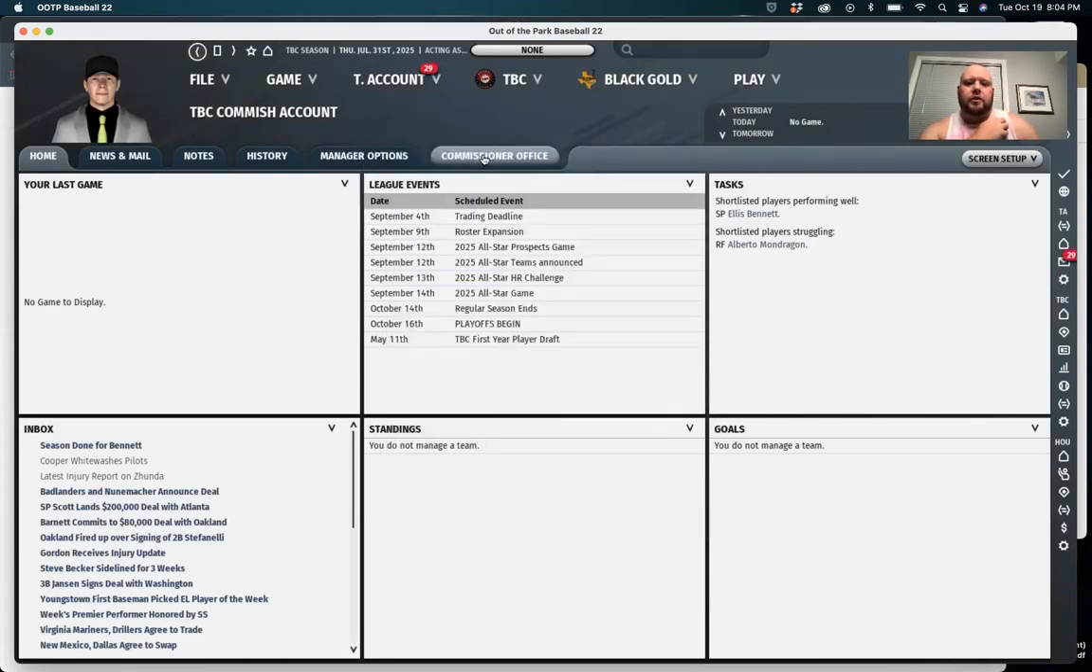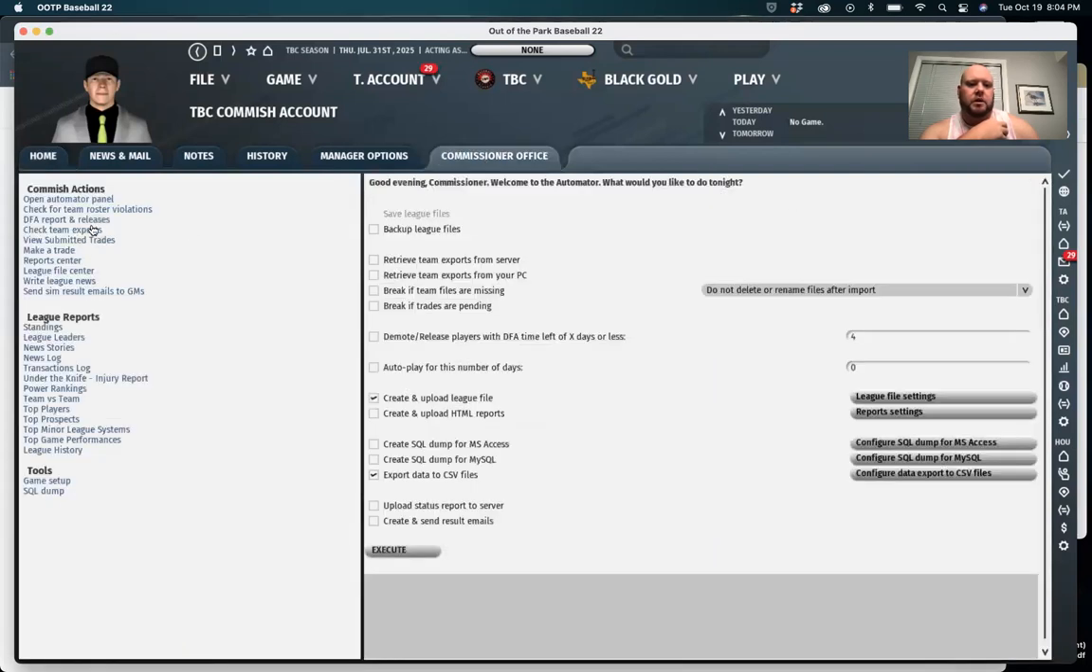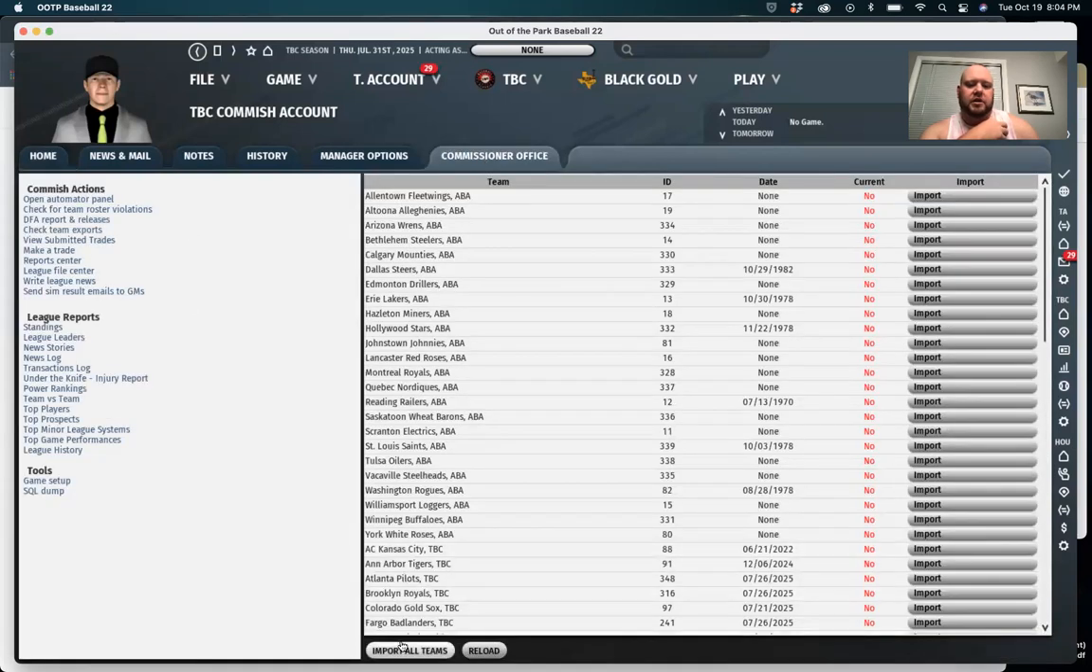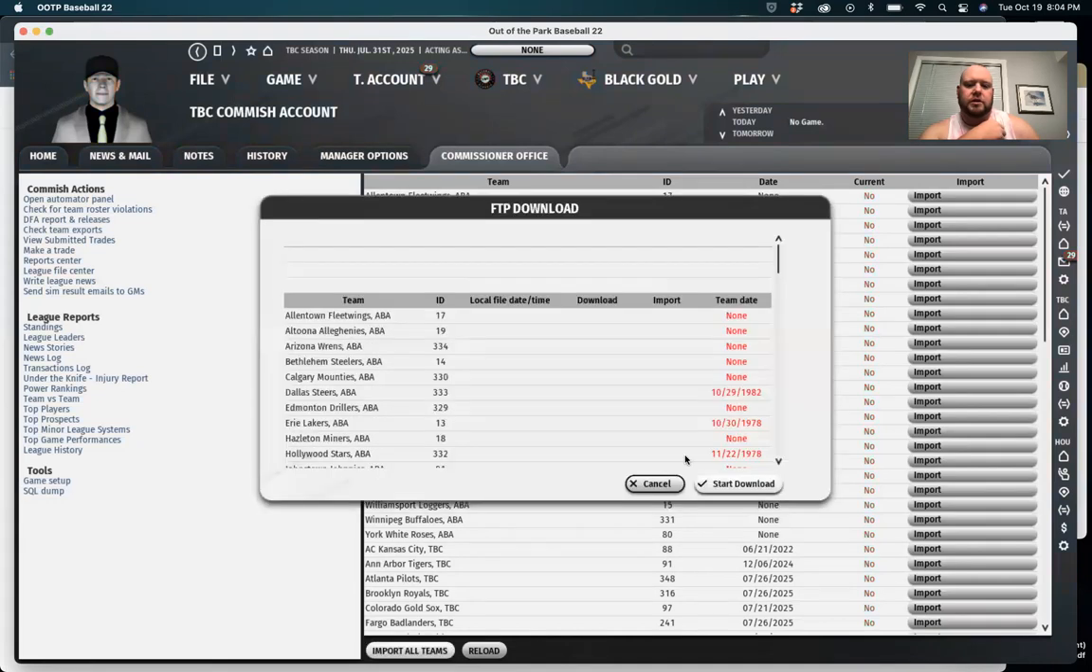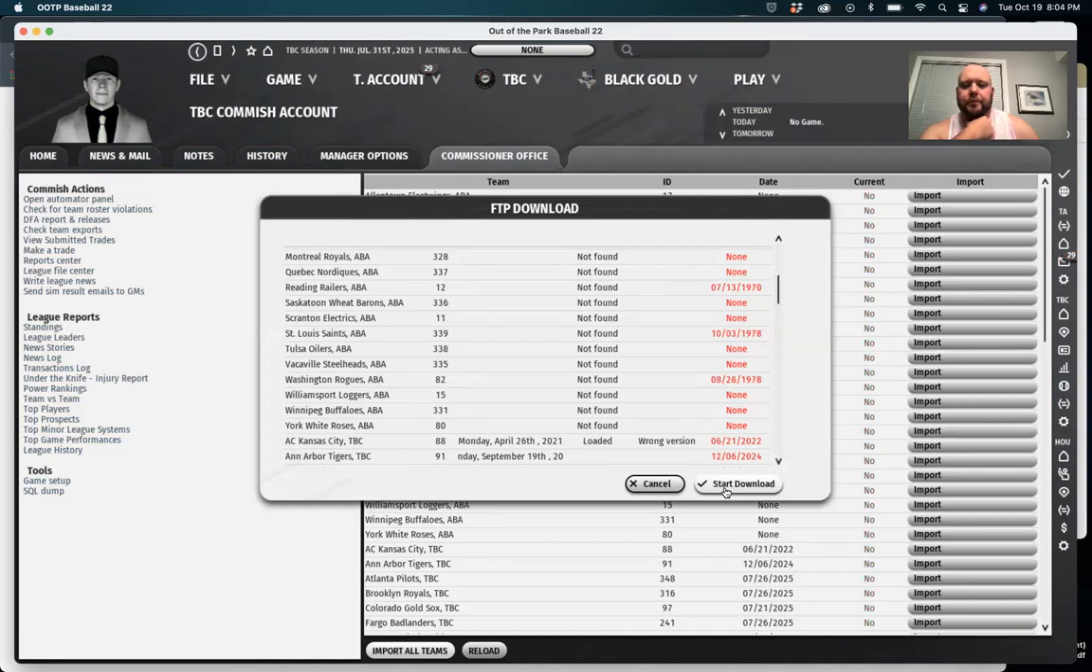So I'm already in my account. The first thing you always want to do, once you sign in, it's going to take you to this page, just your GM profile page. Go over to commissioner's office and do the check team exports. So you're going to import all teams and start the download. And while this is running,